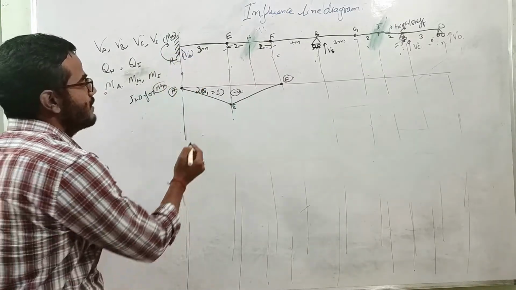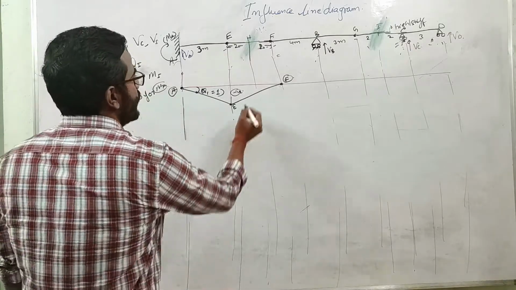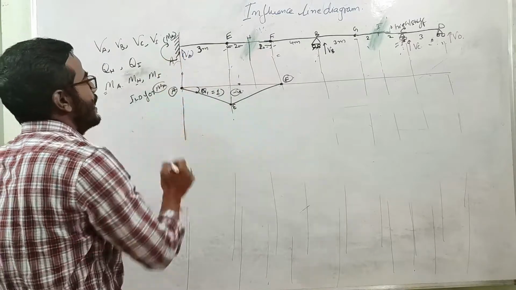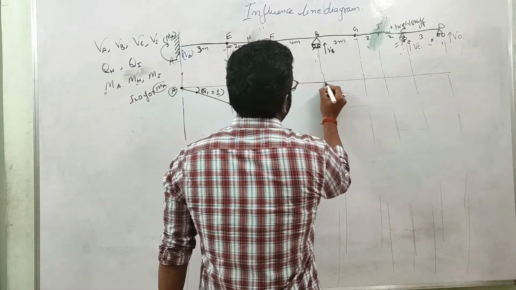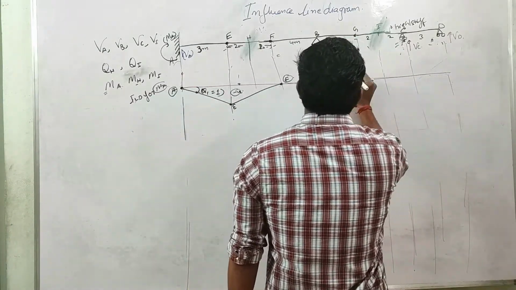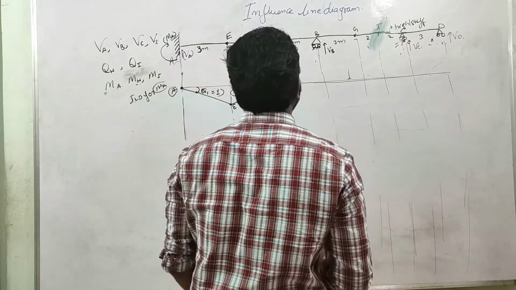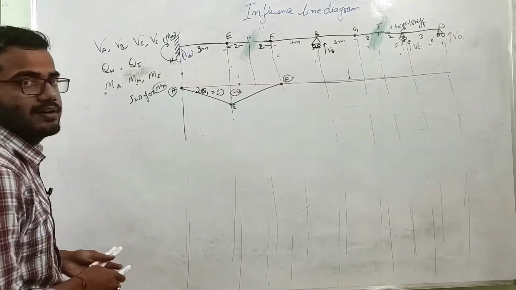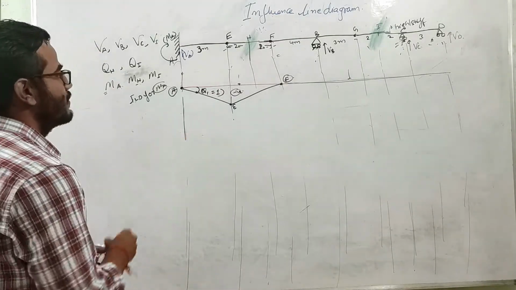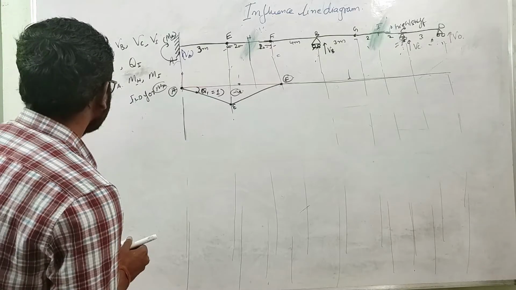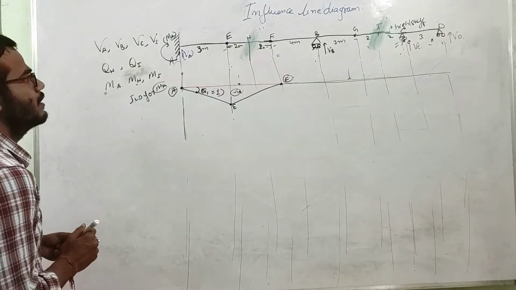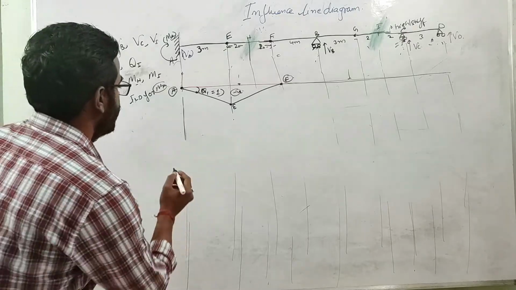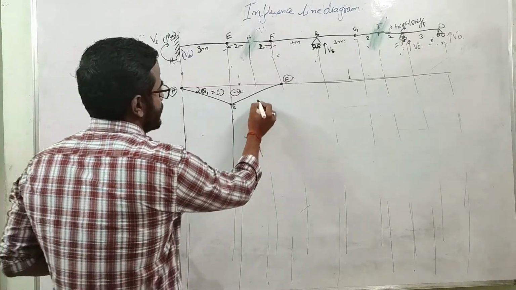But you can see that this value is coming out negative. So if the unit load is acting at this point, the MA value will be negative, meaning the direction will be anti-clockwise, and this portion will remain straight. So when the unit load is acting at this point, the moment at A will be 0. You can see that with the influence line diagram. Now let us draw the influence line diagram for the bending moment at H, MH.